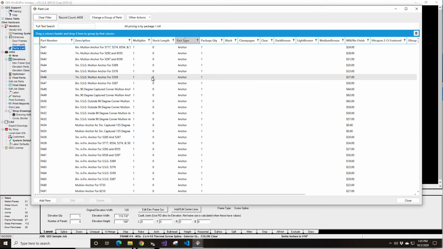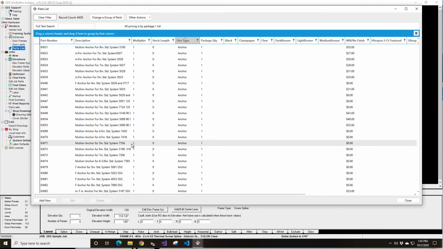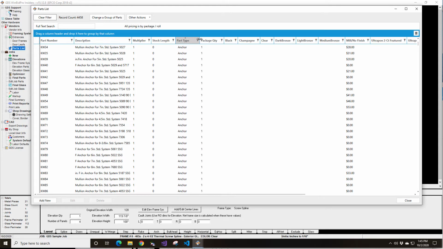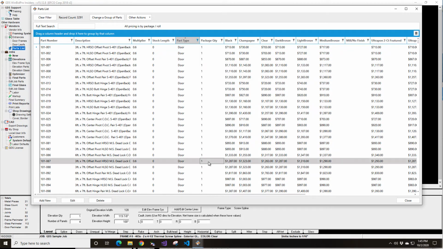and we can clear the filter now and go back to our whole list. Since we're looking at anchors, if we were to scroll down, we'd see a bunch of other parts that still have a 1. But let's say we want to do the same thing for stock length parts and extrusions. So I can check extrusion, since some catalogs have both stock part types and extrusion part types. I've checked both of those things, so it should be covering all the stock and